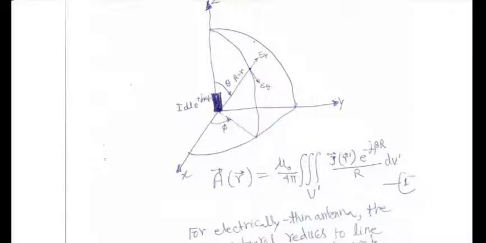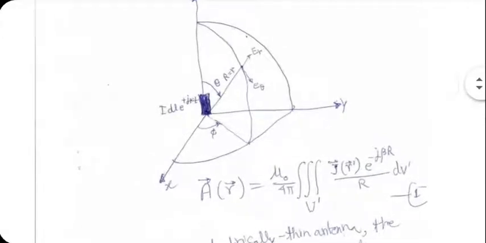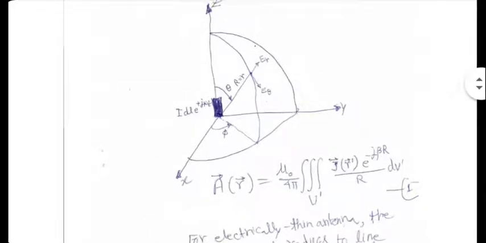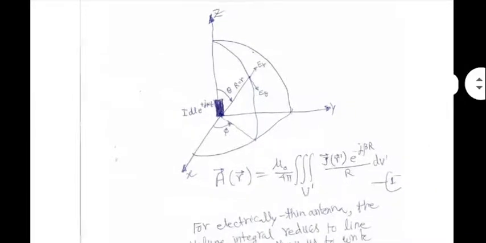If you want, we can prove it rigorously also, but intuitively you can see the point, right? That is a line integral that you should be doing. And now on top of it, the current is constant. We are assuming that there is no effect of Z on the value of I, because the antenna is small enough in the Z direction. So the volume integral actually produces only IDL.